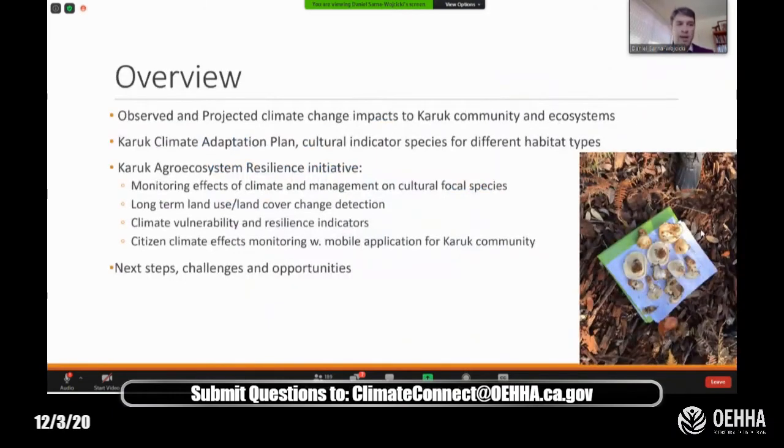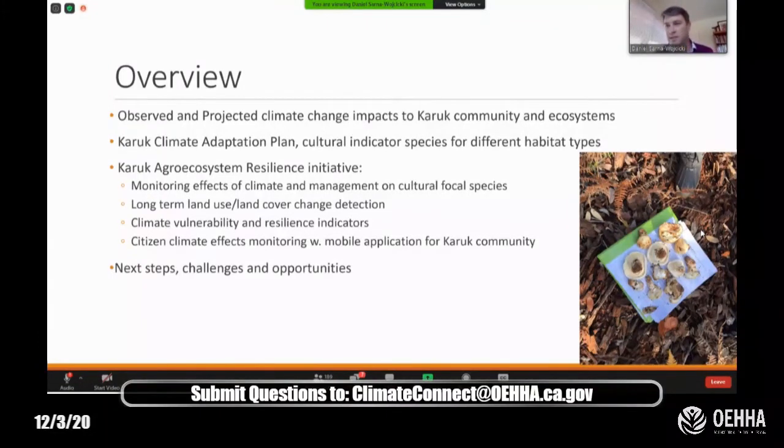So today, the Karuk tribe is really on the front lines of climate change, not just in terms of ecological and social vulnerability, but also through their visionary leadership in climate change research, monitoring, and adaptation. As many of my Karuk colleagues remind me consistently, the Karuk people have been adapting to climate change and climate variability for millennia, so they have much to teach about social and ecological resilience.